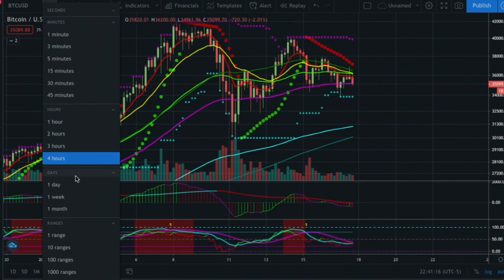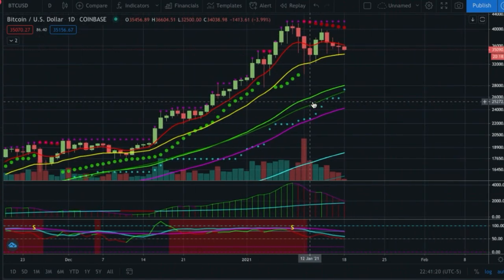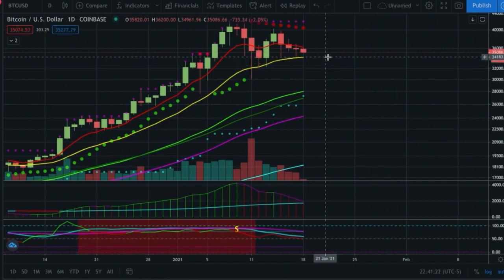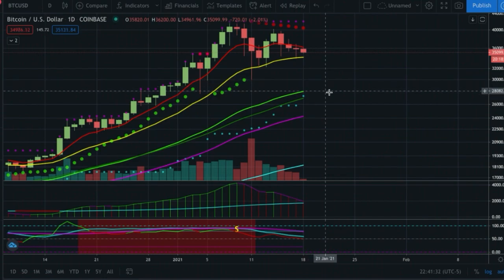And then again, if we flip over to the next longest time frame and go to the relevant time frame, the daily, that's going to line up perfectly with an attempt to save this 34,000 range and the 21 daily moving average. But if we break down from that, we could expect first a potential move to our previous wicks down here at 30,000, then potentially down even lower to that 27,000 and the 50-55 moving average, which then we will assume